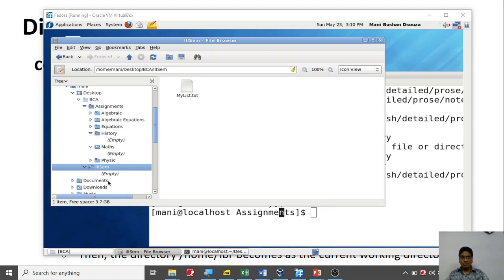There are two important things associated with it. One is cd dot dot. Typing dot two times means the parent. Remember, if you type two dots, it is the parent. What about if you type one dot? One dot means current. So remember two things: one is the current, the other is the parent. One single dot means current, two dots mean parent. You are going to the parent directory. So cd dot means the current directory.